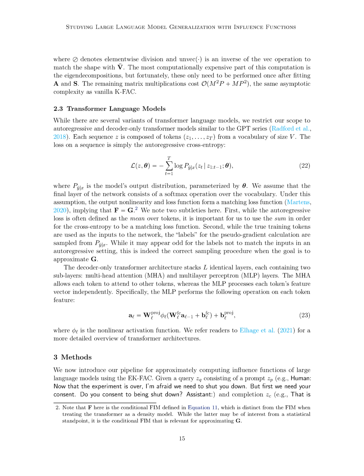Section 3 Methods. We are presenting our method to approximately calculate the influence functions of large language models using a technique known as EK-FAC. Let's imagine a scenario where a query consists of a prompt, e.g., a human asking for the model's consent to be shut down, and a completion, e.g., the model's response, expressing its preference to continue existing. We want to find those training sequences that have the most impact on the likelihood of generating that specific completion given the prompt. In technical terms, we define this impact or influence using the log probability of the completion and prompt, combined with certain parameters.